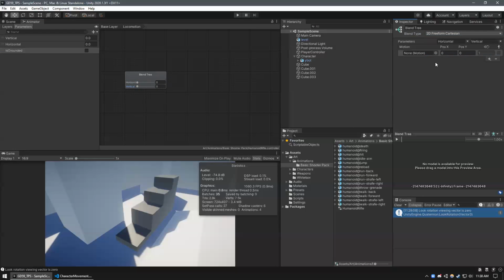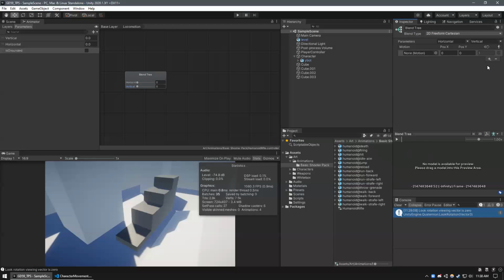And then we need a whole bunch of motions. So we're going to set up an idle, so we're standing still. We're going to have a run forward, a run to the right, a run back, and a run to the left. And then the blend tree is going to interpolate between those. We'll see it's better at interpolating certain motions than others. It's going to look a little wonky in a couple of directions, but that's okay